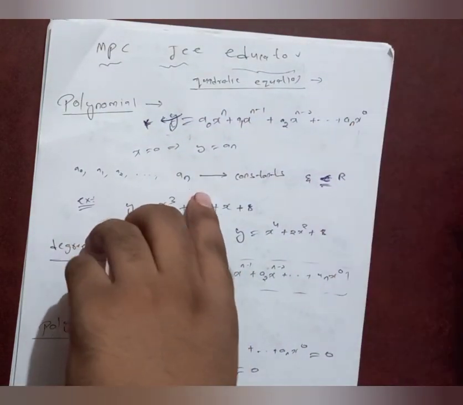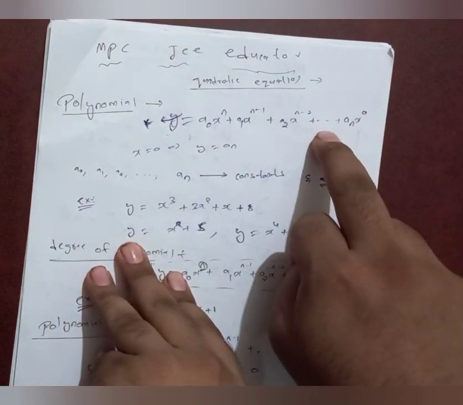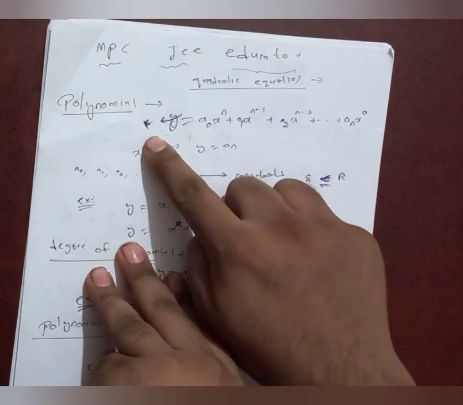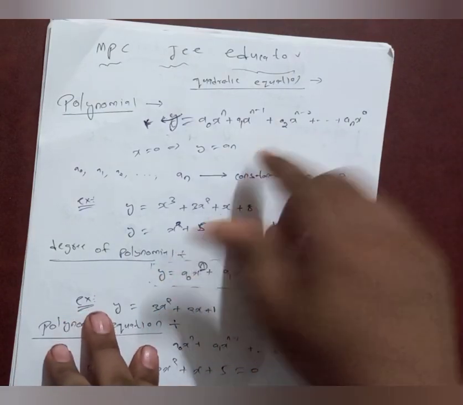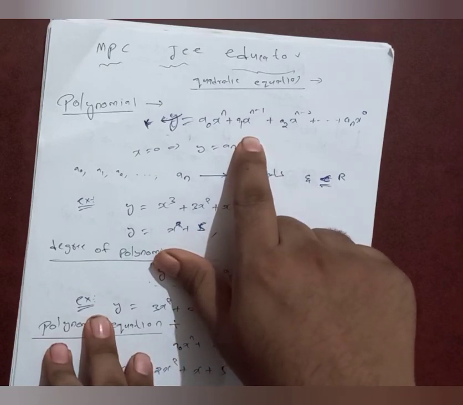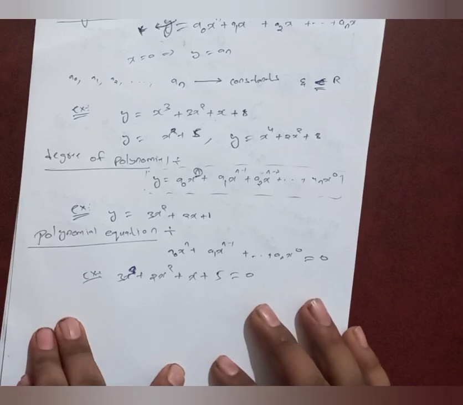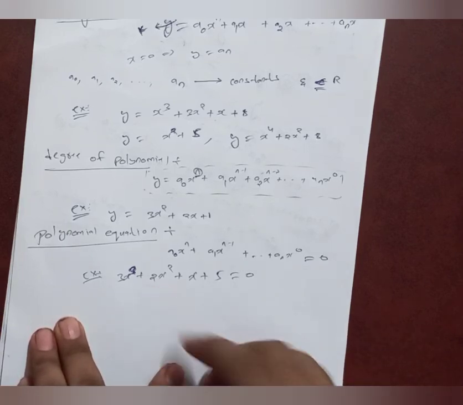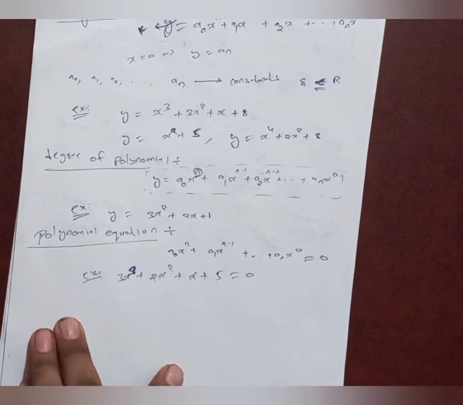Friends, zeros are nothing but the values of x which we need to put in this polynomial such that we will get the output k, which is some constant which we want. Those x values are known as zeros. I will explain again. The values of x which we should put in this equation such that we get an output k which we require. Next, what are roots? Friends, roots are nothing but the values of x which we need to put in the polynomial equation such that we will get the output as 0. Those are roots. Friends, I hope you understood the difference between zeros and roots.